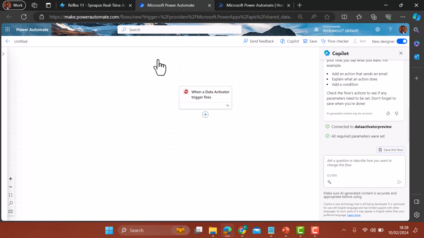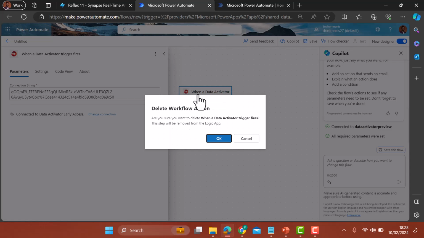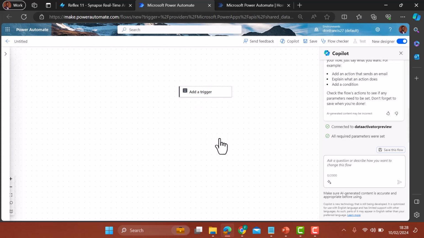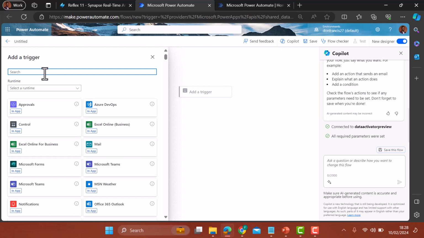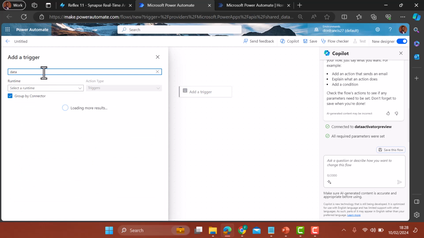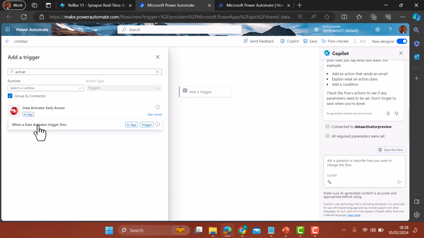So I'll close this. If you want to design that from scratch, you can actually delete this trigger here and set that up by yourself. So you can add a trigger. You can always search data activator, and once you search for data activator, that will come up and you can then configure it accordingly. This is data activator, which is still in early access now, so the actions are not predictable. So I can select it,